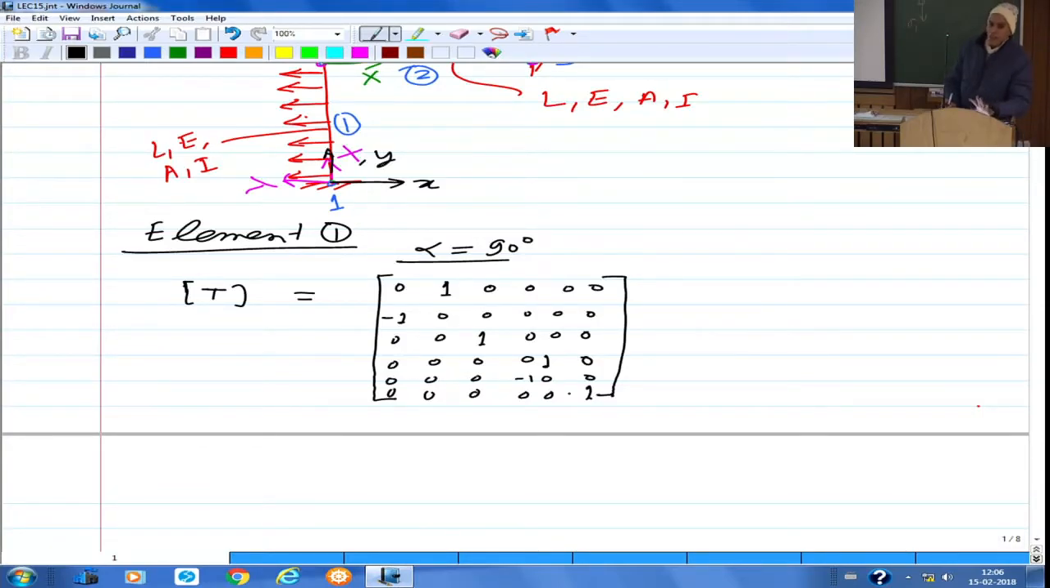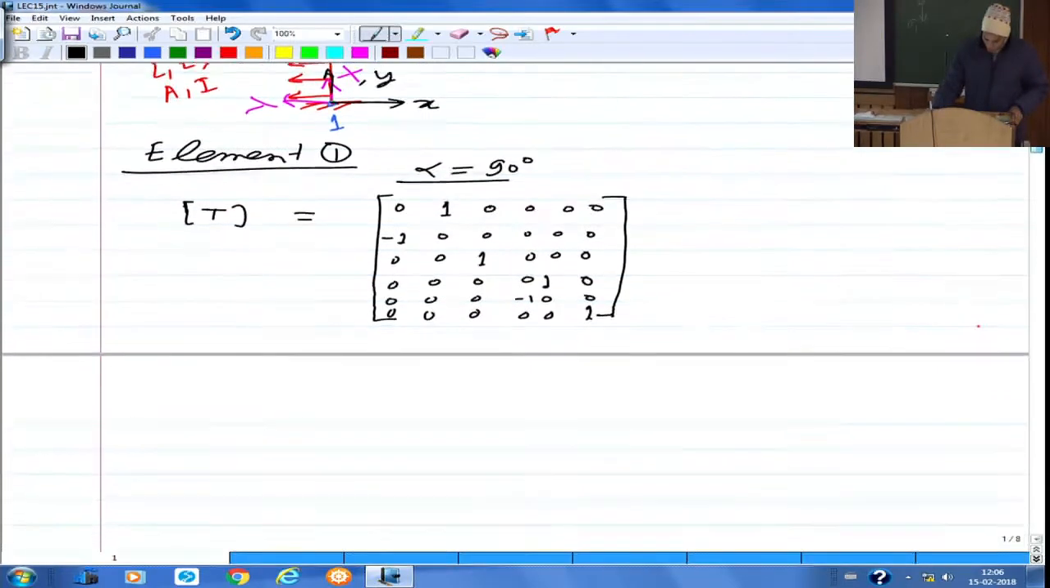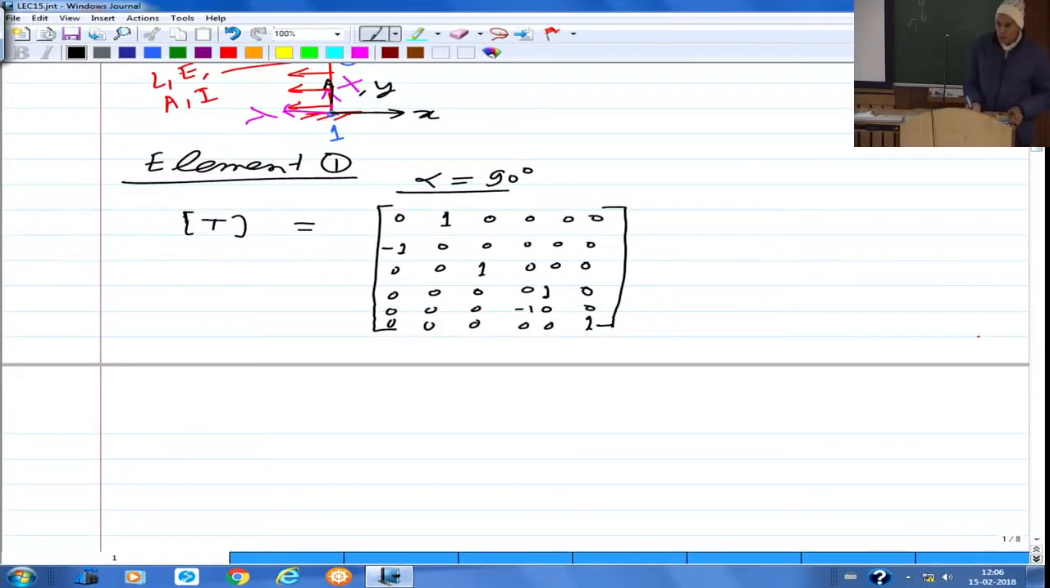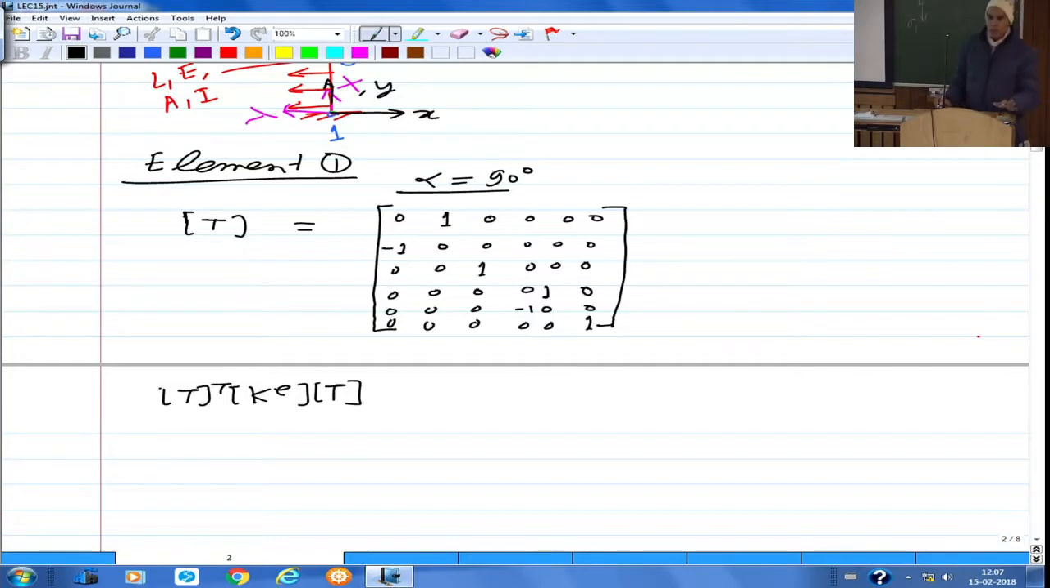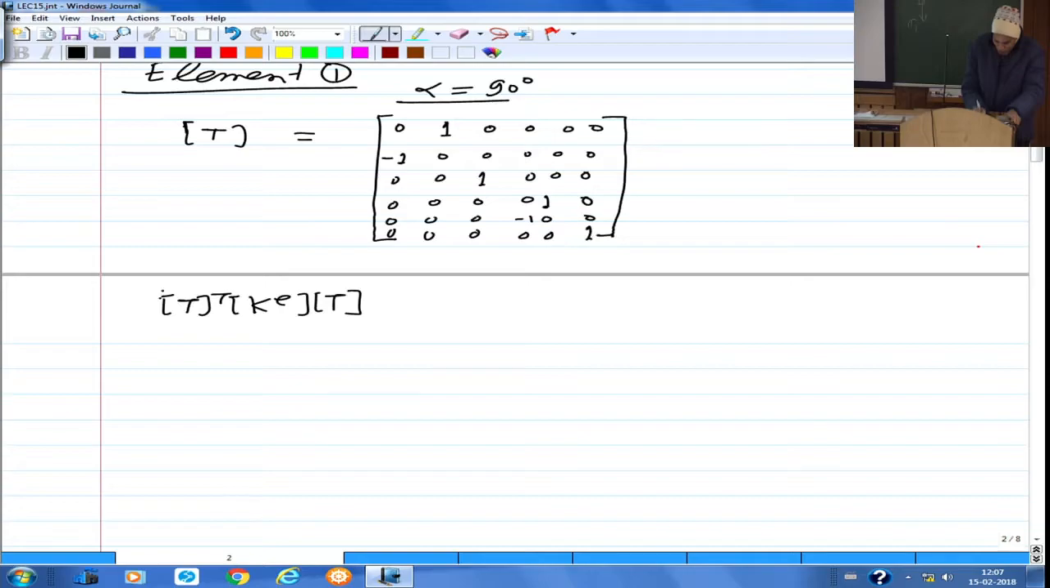This was defined in the last class in terms of alpha. We are just putting the value of alpha, right? Okay. Then now the transformed stiffness matrix really is going to be T transpose into KE into T. So we had also looked at what is KE for the frame element. I am not going to do all the intermediate calculations. So you have KE, which was done in the last class, and now the T is defined. So if you do this,